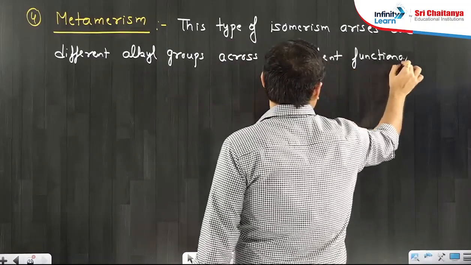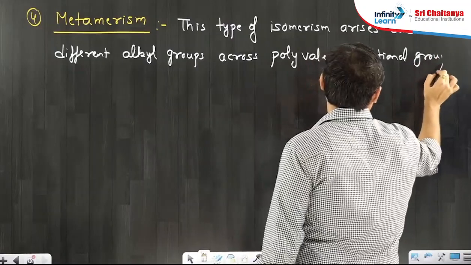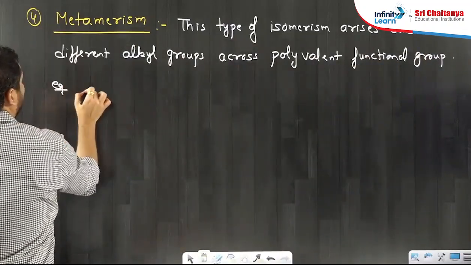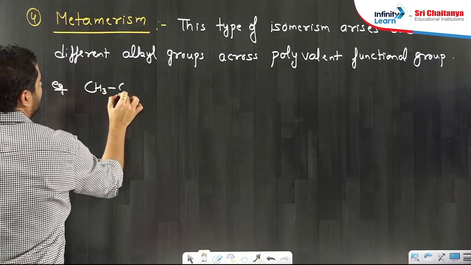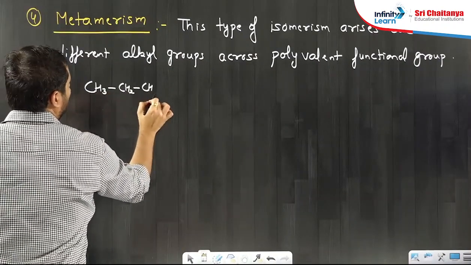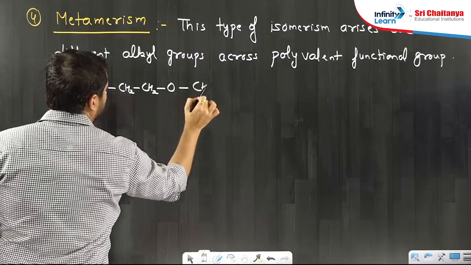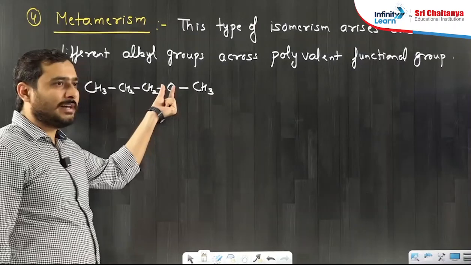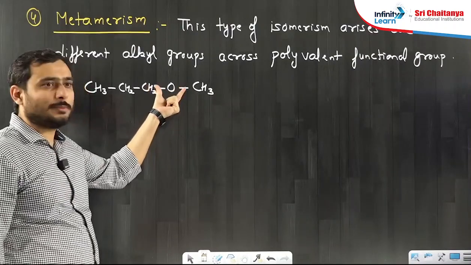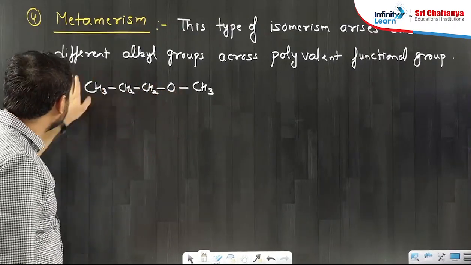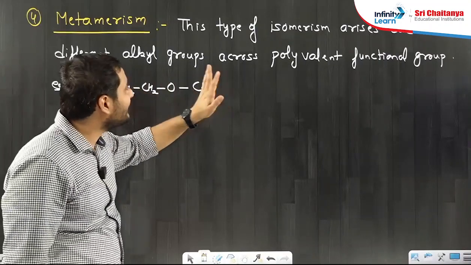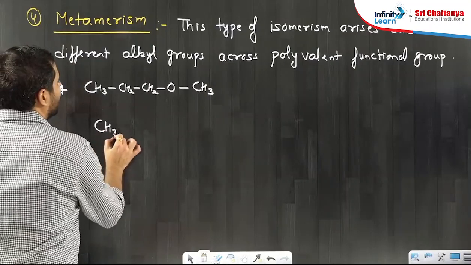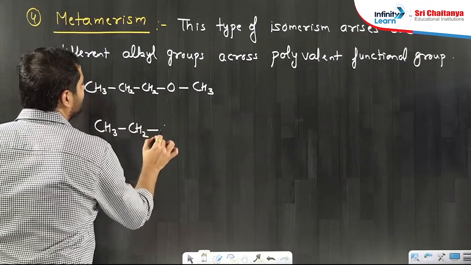Across polyvalent functional group. If we take the first example, CH3, CH2, CH2, oxygen, CH3. Which is the functional group here? Ether, oxygen. It is bivalent; 2 valencies are present here. On one valency, which group is present? Propyl. On the second valency, what is present? Methyl. Now if we change this, on both sides, if we apply methyl group,